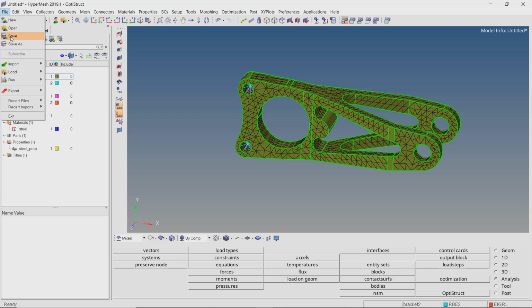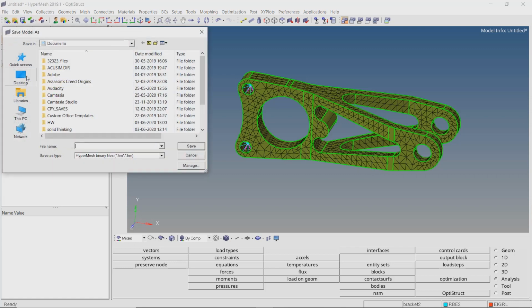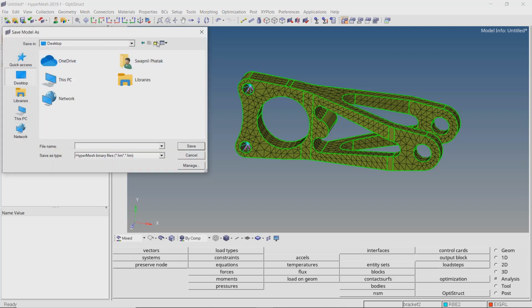Let's save our model in a new folder. Remember to use underscore in place of space while specifying any file or folder names. Using spaces in file name may result in issues when we run the simulation.